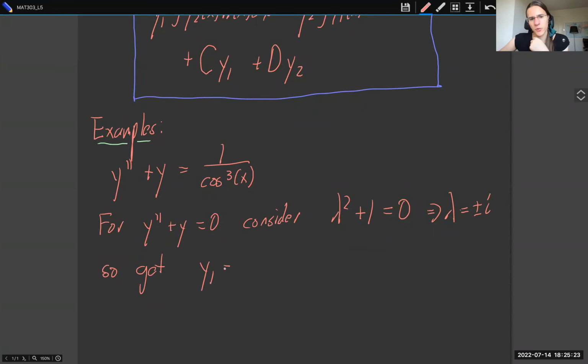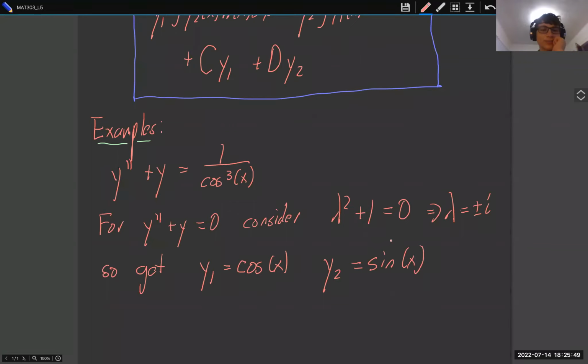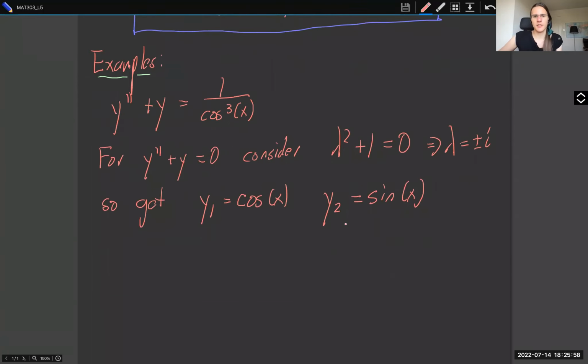And so we get solutions. y1 is equal to what? What's one of the particular solutions? Cos. And then the other solution, so we're going to separate it into two solutions, is just sine. So we don't want to write down the general solution. We just want to write down two linearly independent solutions so that we can use our ansatz. So then use the ansatz